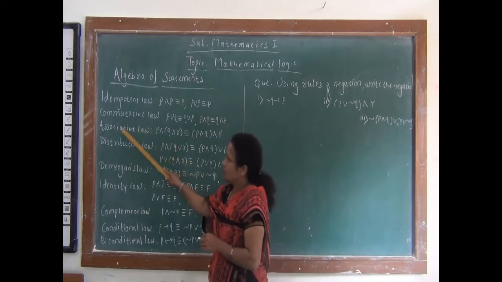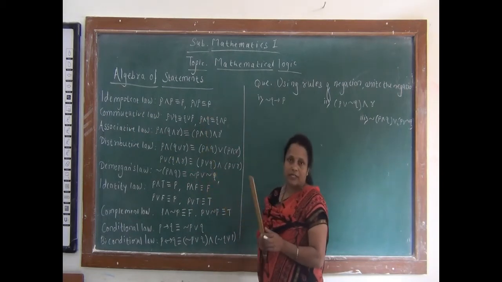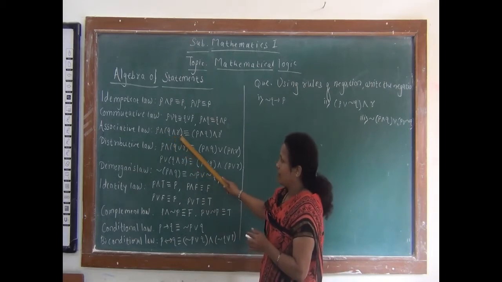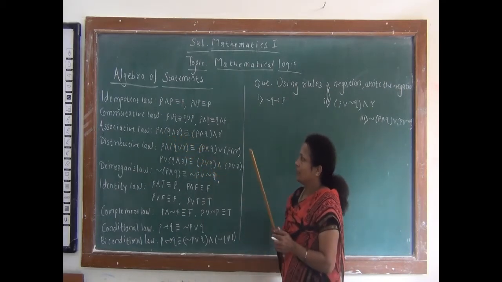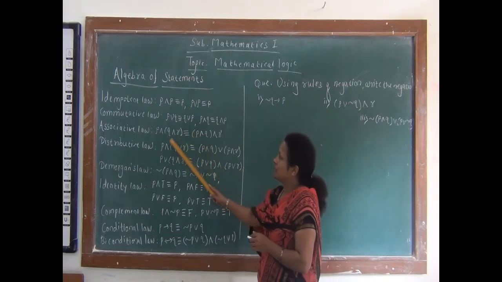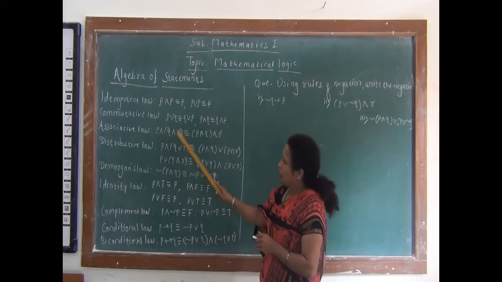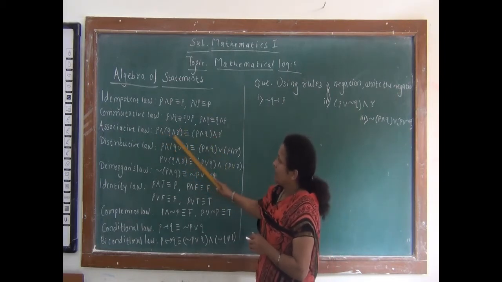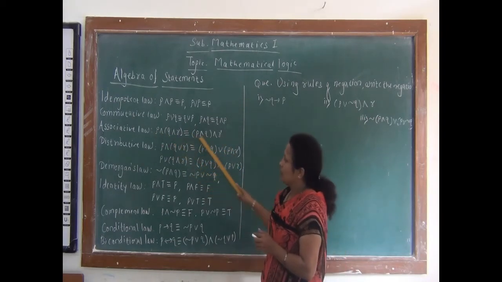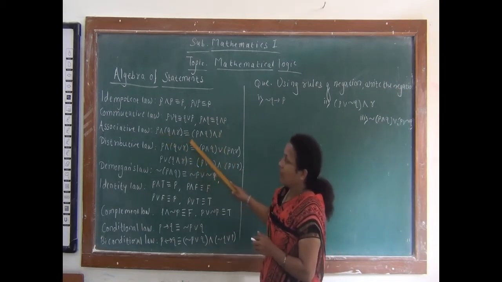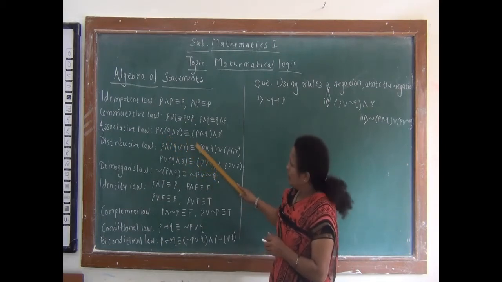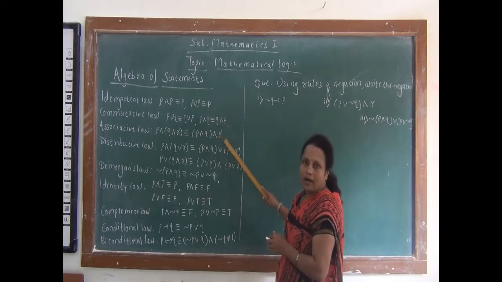Then third is associative law. Here we have three statements P, Q, R. So P and (Q and R) is equivalent to (P and Q) and R. Here we change only the bracket. First is the bracket for Q and R, and in the RHS we replace this bracket for P and Q. The operation is the same, that is and. So remember this law. Again here the second statement is the dual of this first statement, that is we replace this and by or. So the statement becomes P or (Q or R) equivalent to (P or Q) or R.